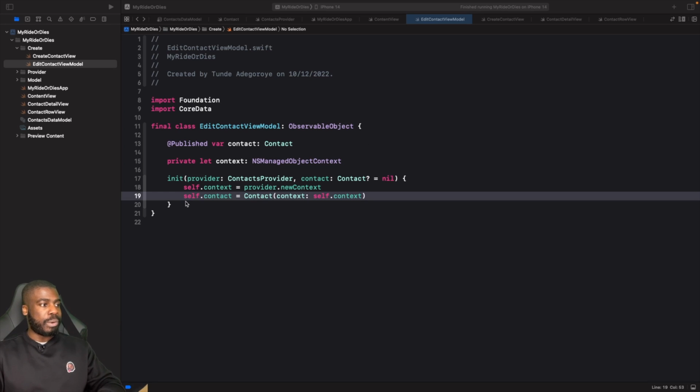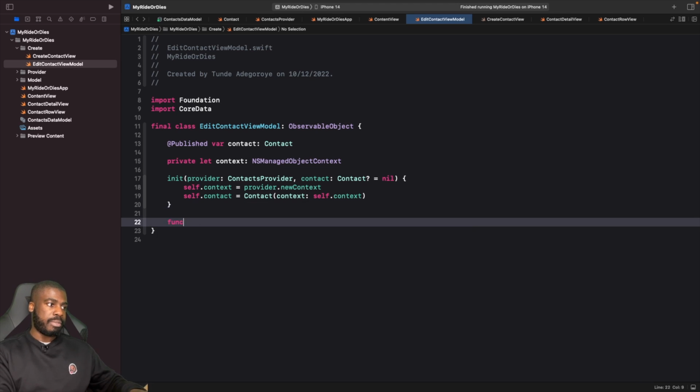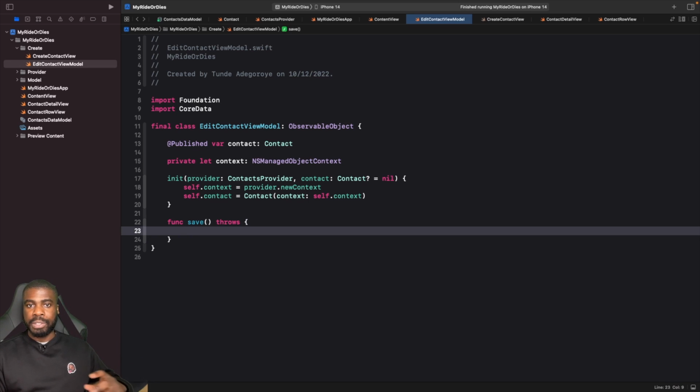So let's create a new function called save. And this is going to throw an error, so it's going to be throws. So within this save function, this is where we're going to write the logic to help us persist our changes to our existing context that we're working with within this file. Now, the reason why we're also making it throws is because it's actually possible for Coordinator to fail for whatever reason. And if it does fail, then we'll just display the error to the user just to let them know that, hey, this is the reason why it failed, and they can contact us and we'll fix it